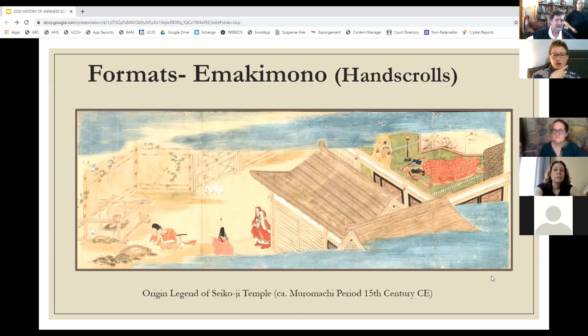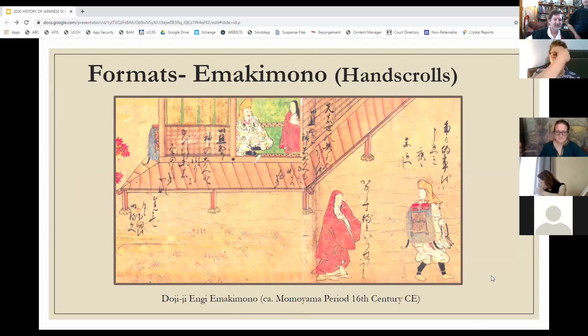So you'll notice these ladies in the middle, and I'm sorry I don't have a zoomed in version, they have a more elongated face. And you'll see that in the next scroll that I'll show you. So you see that this lady's face is longer, more oval shaped. But what I really find interesting about this scroll in particular, is that rather than having the description and the story written out away from the illustration, it's actually written in there